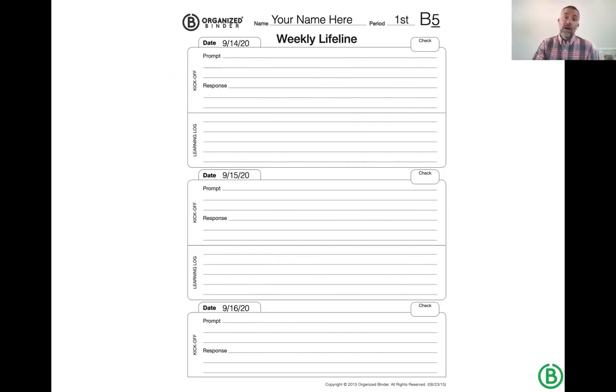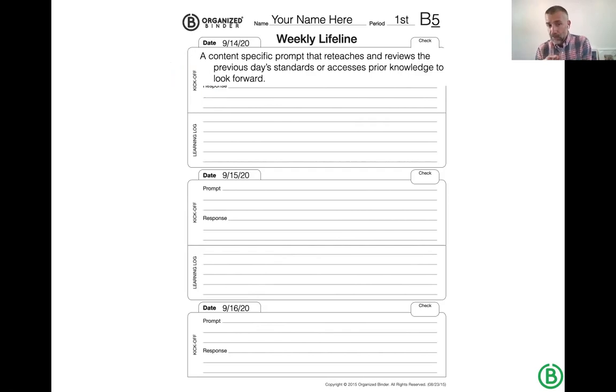And when we start, I'm showing you a prompt. That language is on purpose, not a question. Formerly this was said as question and answer, and kids interpreted it as a quiz, and test anxiety would come up. So this is just a kickoff. We're just getting going on the class.